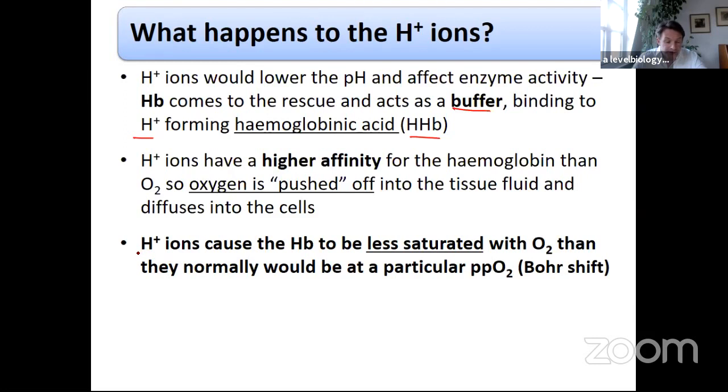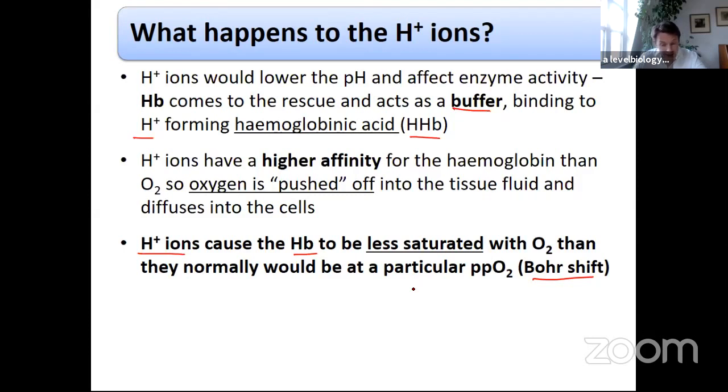So the reason for these hydrogen ions is to cause the hemoglobin to be less saturated with oxygen than it would be normally. And this is called the Bohr shift. Now, this is an extremely important adaptation because it means that tissues that produce lots of carbon dioxide, which are the tissues that are respiring a lot, will lower the pH of the red blood cells that pass through them. Therefore, they will decrease the affinity of the hemoglobin for oxygen. Therefore, more oxygen will come off the hemoglobin and go into the tissues that are doing the most respiration,